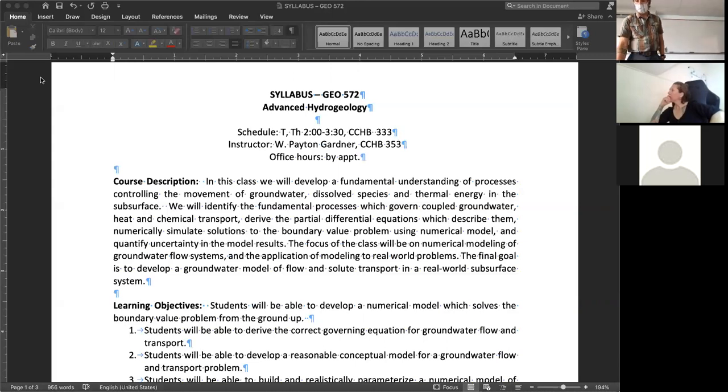So like I said, we're going to focus around modeling and simulation of groundwater problems. The first thing that I want to do is make sure that we have just the basics that we need installed on your computer to get started. I asked you guys to get some kind of a bash terminal, depending on your machine, and Python installed. Is there anybody that doesn't have that right now?